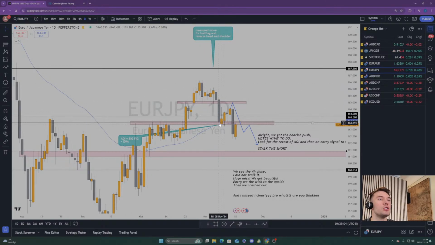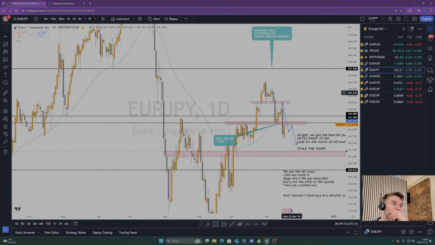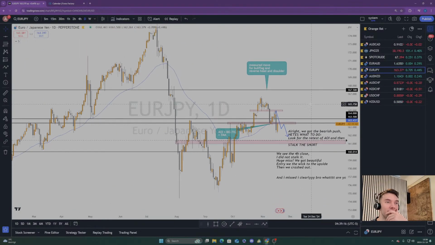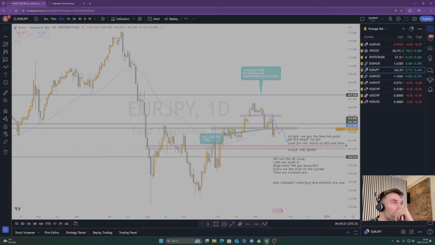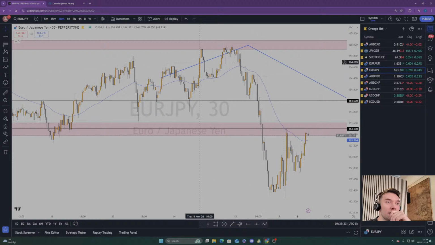Price pushes lower. We retest the AOI. Massive candle to the downside. Now we are retesting this. We are now retesting a huge resistance. Oh my god, this just sounds like free money right now. Okay, I'm getting too excited now, but